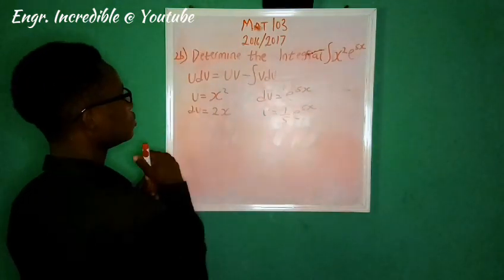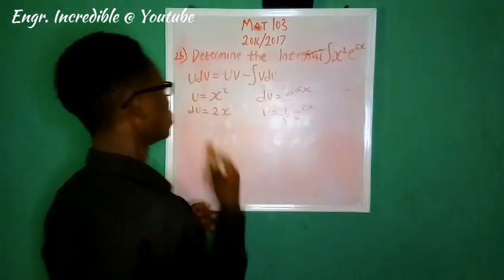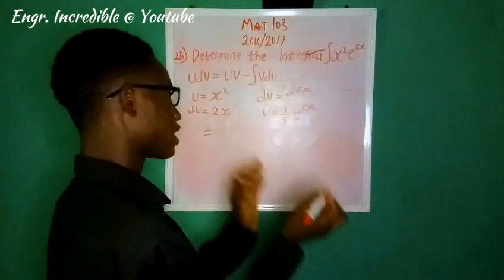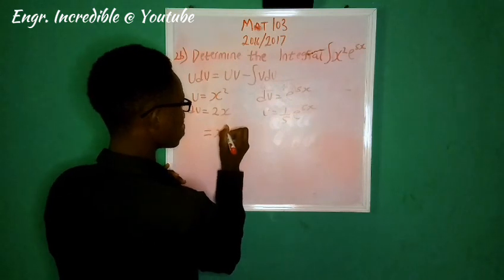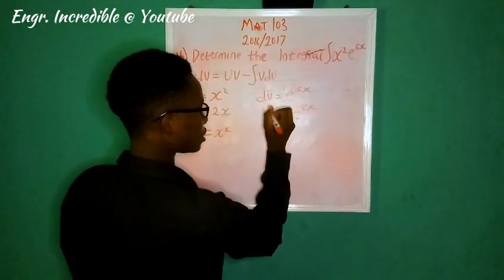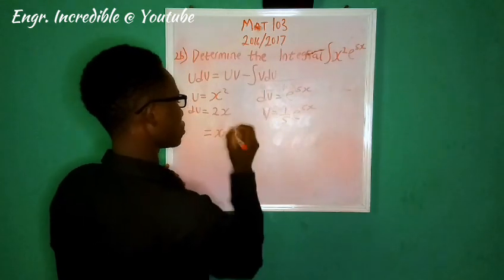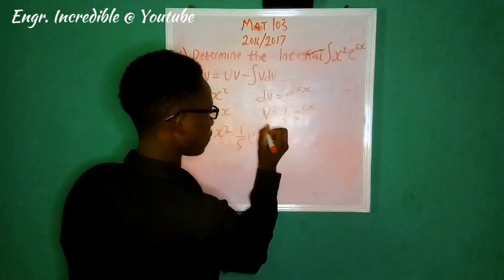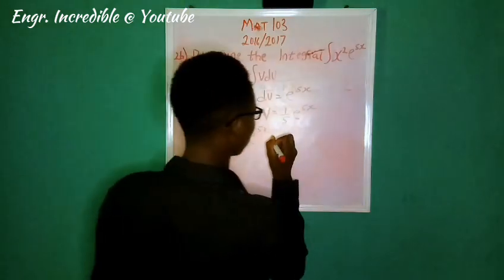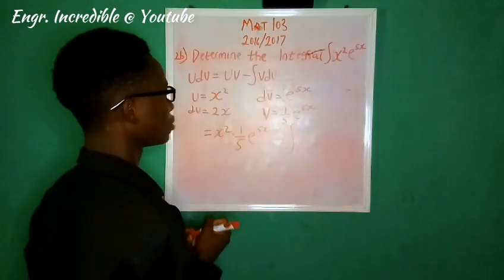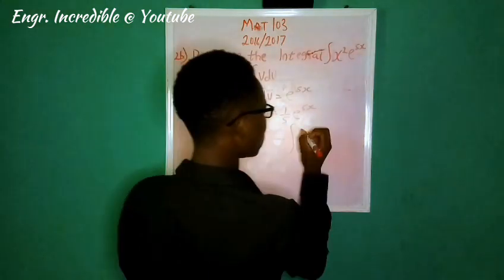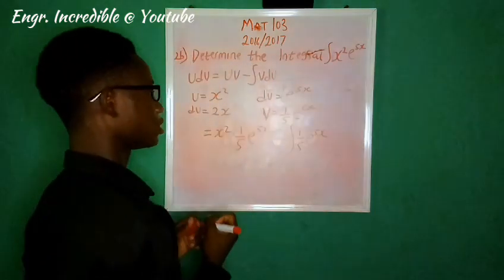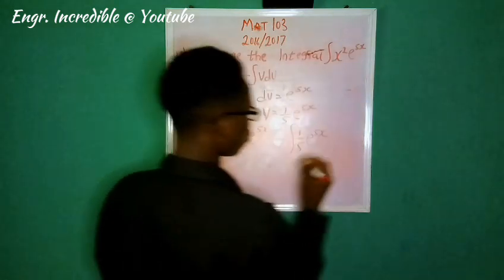So we have our integral of u dv, which is x squared times e raised to power 5x, is equals to u times v, which is x squared times our v here. This is our v, which is x squared times 1 over 5 e raised to power 5x, then minus integral v du. Now our v here is 1 over 5 e raised to power 5x, and our du is equals to 2x